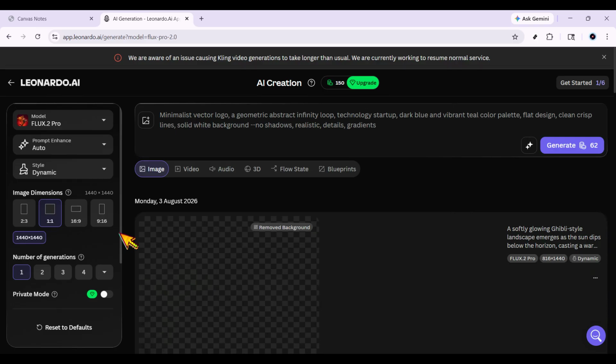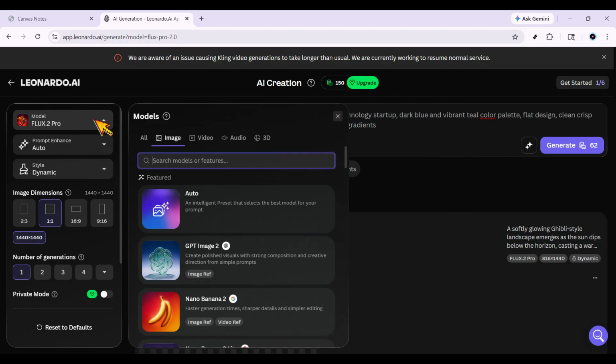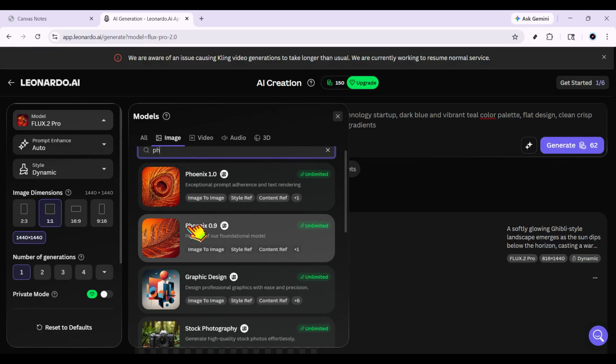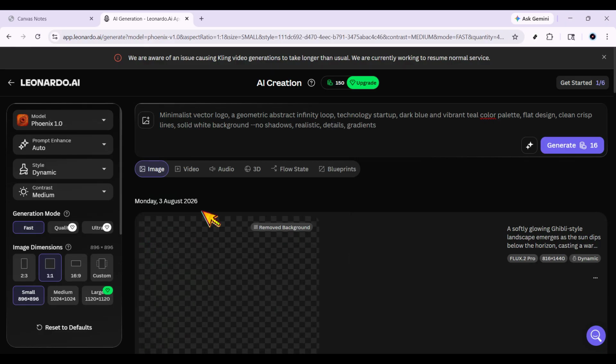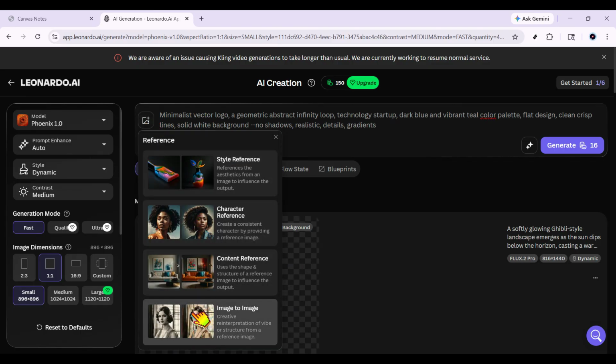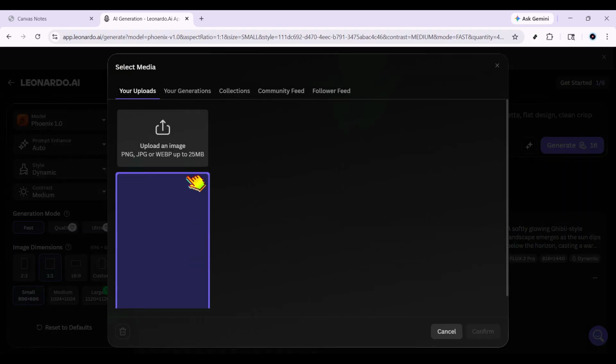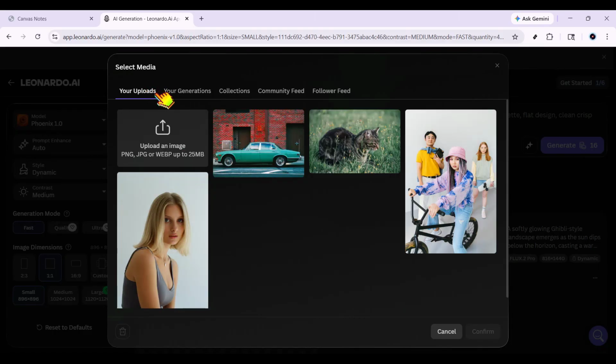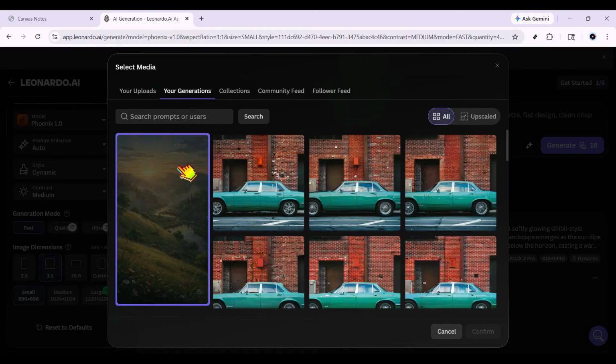Once those settings are ready, find the text prompt bar. This is where the main instructions for your image go. Now here's the part that makes image prompts especially powerful. If you already have a reference image, you can upload it using the upload button. Click the button, then select and upload a photo from your local storage. This reference image can guide the AI so the output follows the composition, style, subject, or visual idea you already have in mind. Using a reference image is a great way to get more accurate results and keep your generation